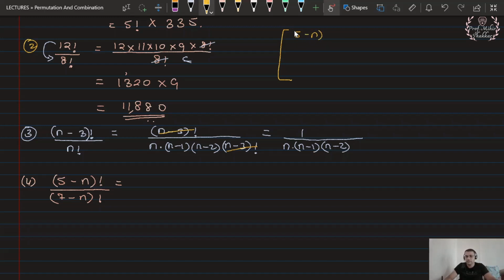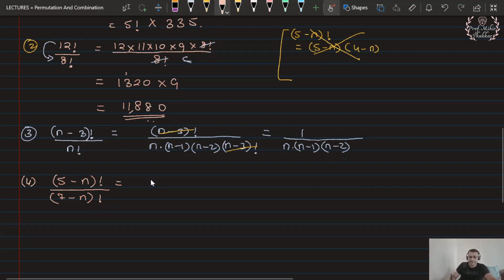If I want to calculate (5 minus n) factorial, I start with 5 minus n. If I reduce this with 1, it will become 5 minus n minus 1, which will actually become 4 minus n. But I require 7 minus n. So that means that this will not work. So go to the next one. So I have now understood that (5 minus n) factorial is a smaller value. So I will leave this and I will try to break the denominator value like this.